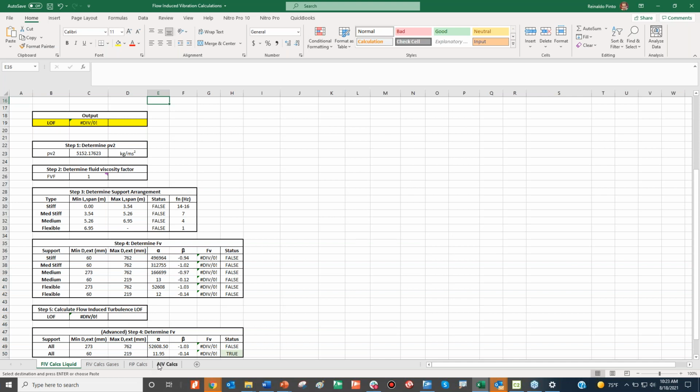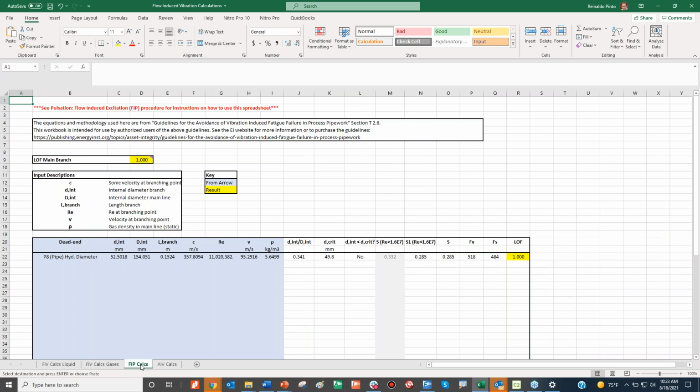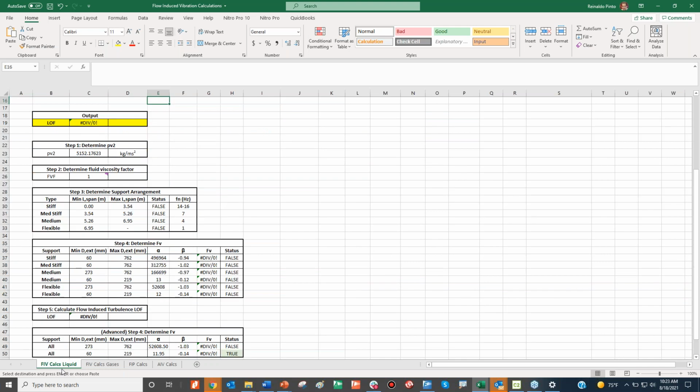First tab is for acoustic and induced vibration calculations. Second tab is for flow-induced pulsation calculations. Third tab is for flow-induced vibration for gases. And the first tab, which we'll be using in this webinar as an example, is the flow-induced vibration calculation for liquid.